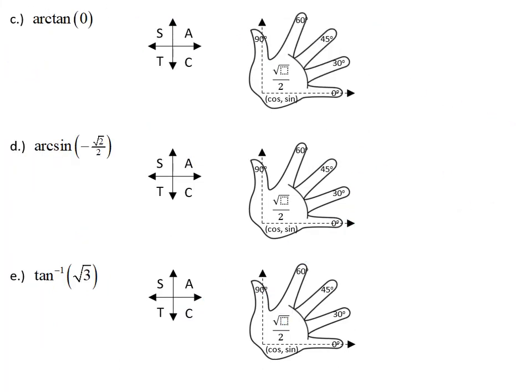Okay, let's try a few more of these. So arc tangent, notice now they're using the arc notation, but they could have also called this the inverse tangent of 0. Again, these mean the same thing. So where is tangent 0? Now remember, we're not using cosine or sine directly. We need to remember some of these values. So tangent is 0